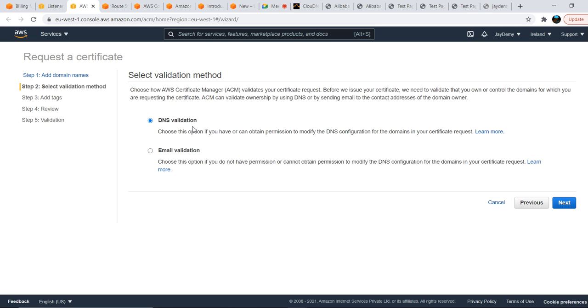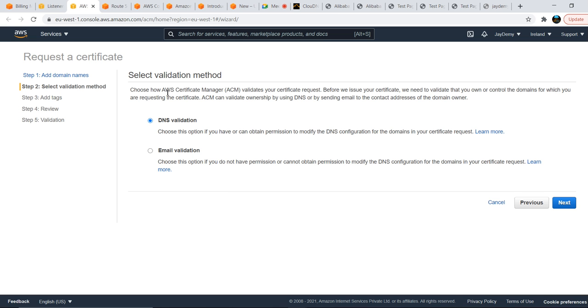That is the reason we have two options here: DNS validation or email validation. You need to have this domain fully controlled as an administrator to update the records. Then only will you be able to get the certificate. You will get the certificate if you choose any option, but unless you validate, it won't work.